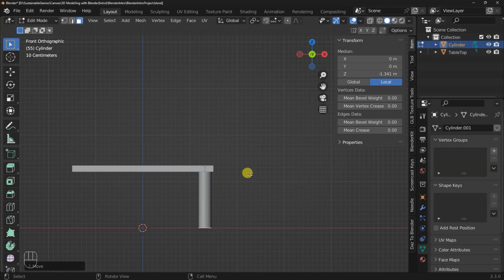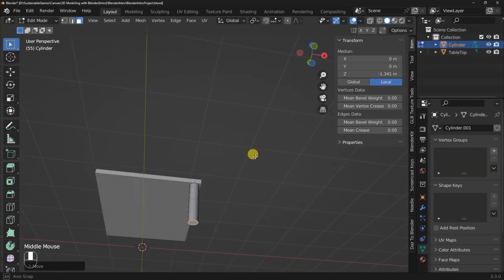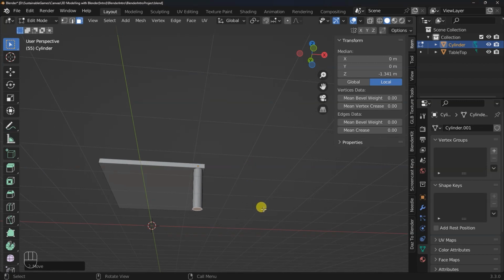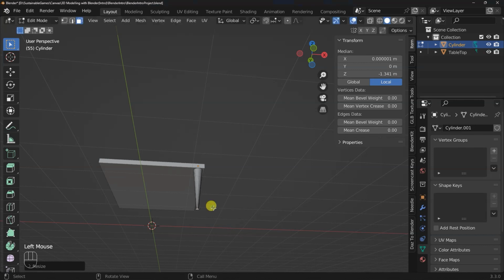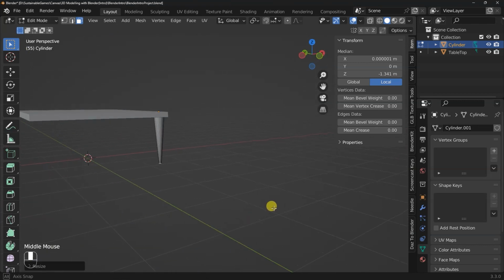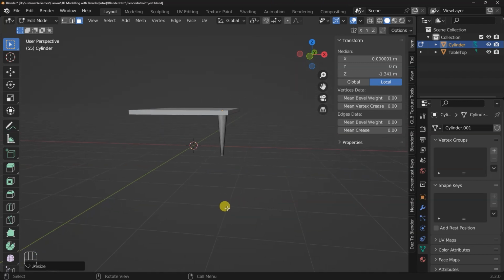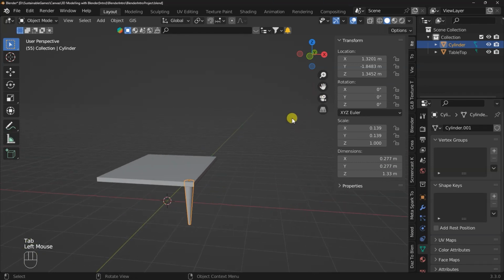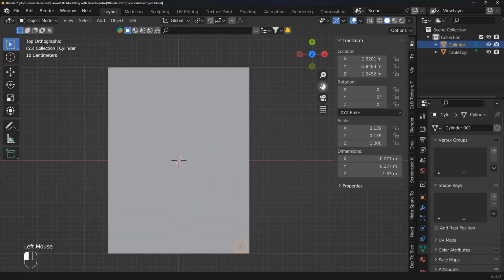The last thing I will talk about is the fact that since I want the shape of the leg to be conical, I can just rotate my view a bit and click on S to change that bottom dimension to have this conical table leg, and I think I like what I see. So once I'm done with that, I can tab out of edit mode and go back to the top view where I can see the entire